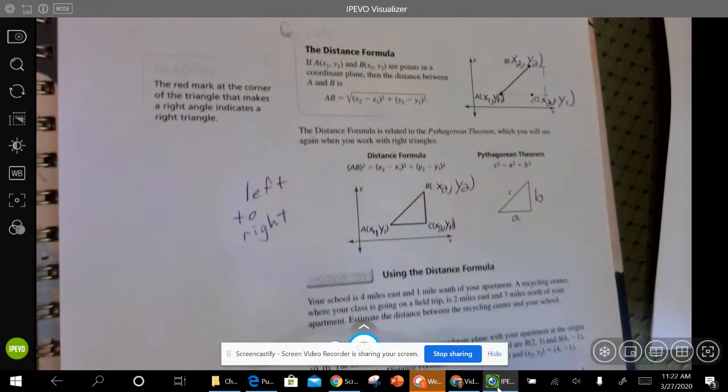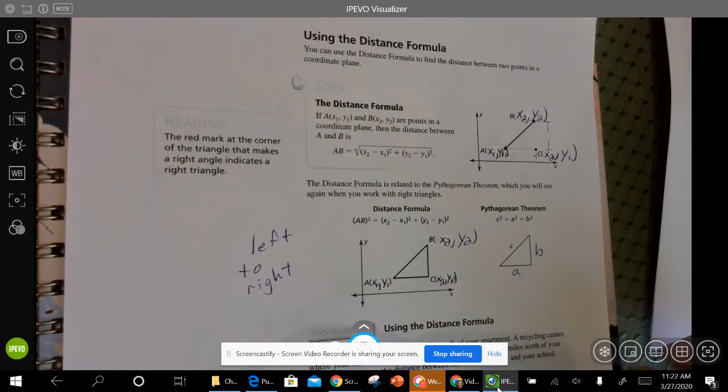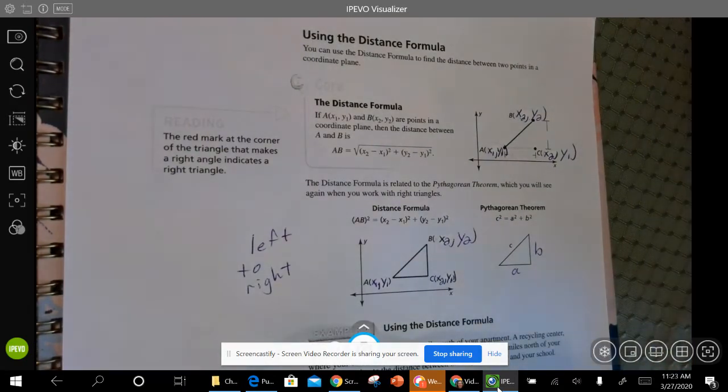Good morning. So we're going to work on using the distance formula, everybody. So with this, we're working on using the distance formula. So remember with this, we figured out, if you look at it,